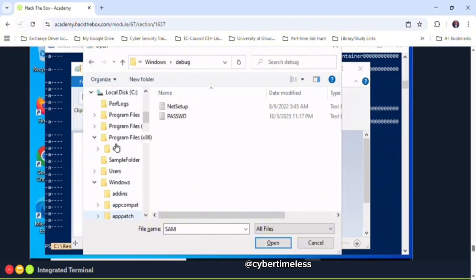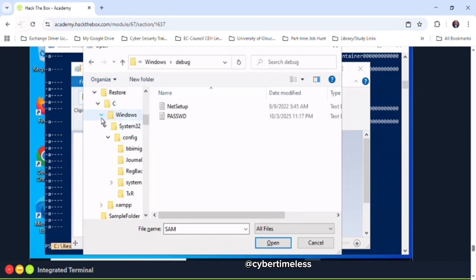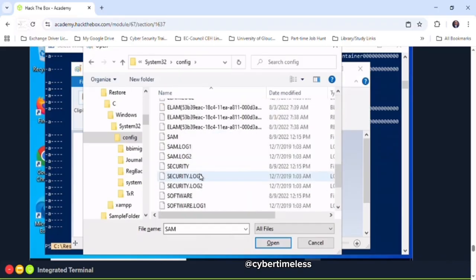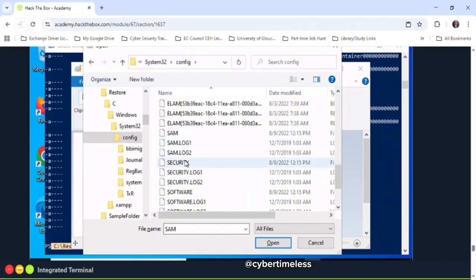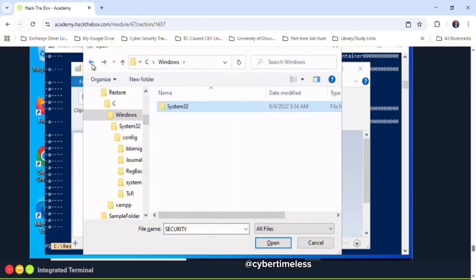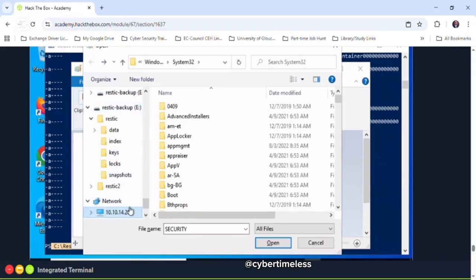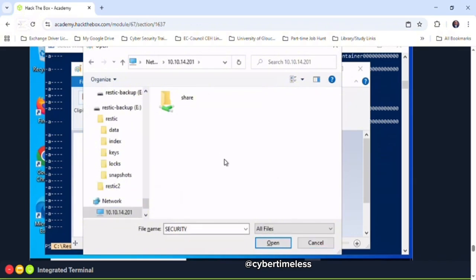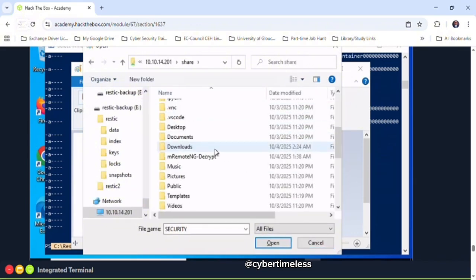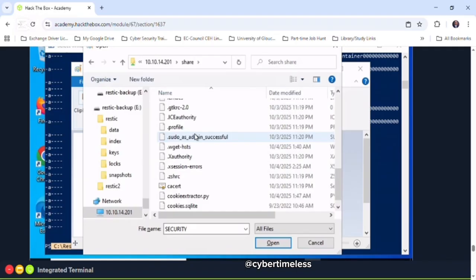So I'm able to locate what I'm looking for, and I go to Windows like I did previously: Windows, system32, configuration, and now we have access to this. So remember, all you just have to do is Ctrl+C, you copy it, and you go back now to the attacking machine through this user interface. Just click on the network, and that's the share. I'm using my attacking machine to share. I have access to all what's in my system now. So it's a two-way thing. I can transfer to the victim, and the victim can transfer to me using this